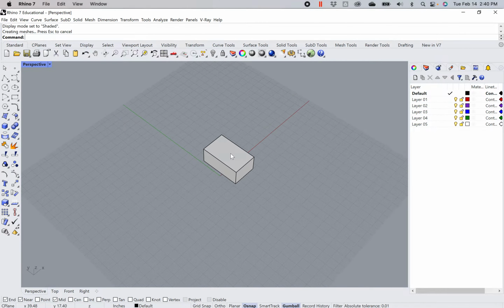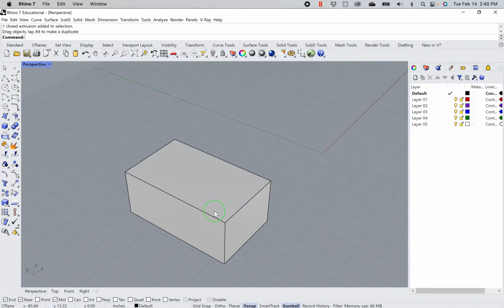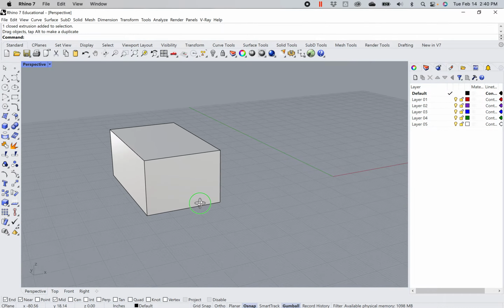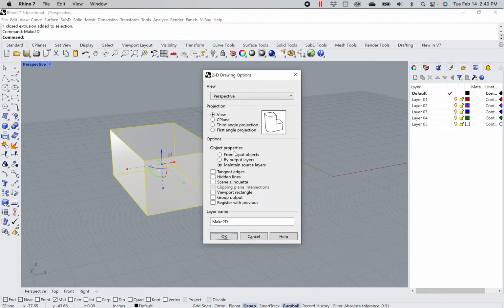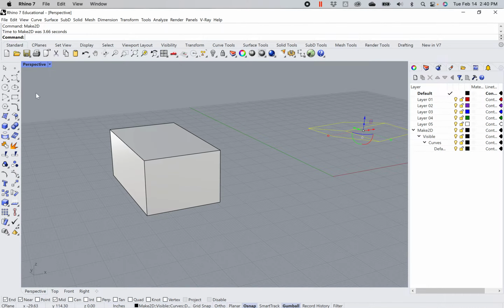And I know I'm going to make a 2D drawing out of this, so I'm going to move this out of the way. Just do Make 2D. And just to set up this example,